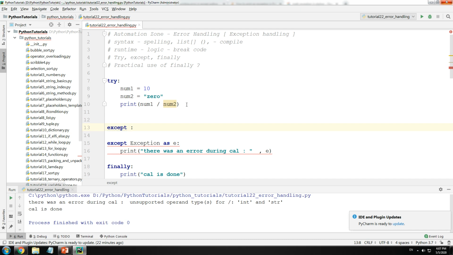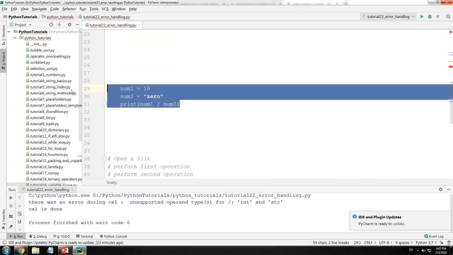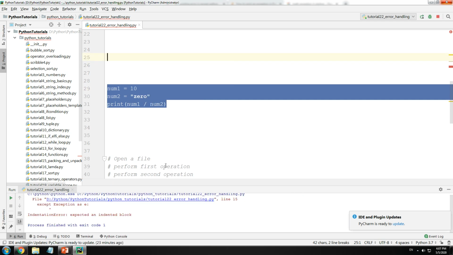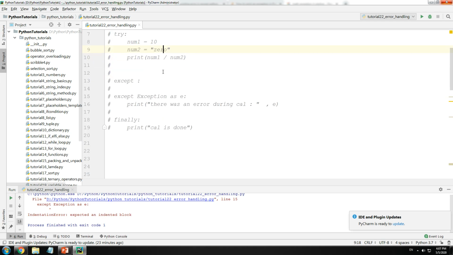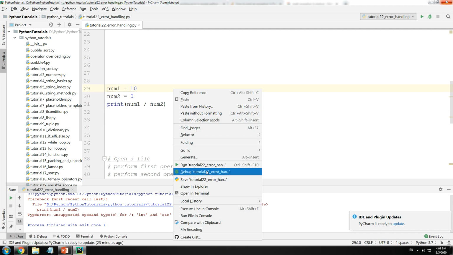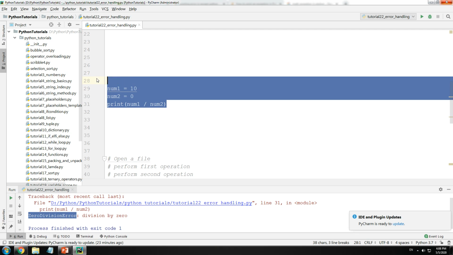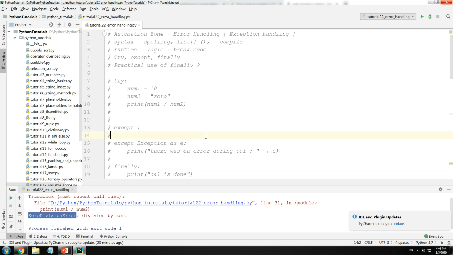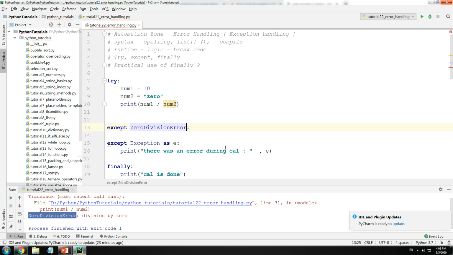In many cases you might not know the error type. What you can do is just go ahead and run your code somewhere below if you do not know the error type. Once you run it, I need to comment this block, commented. Run the part of the code which has an error. You will get divide by 0, right? Once you run it, you should be getting the error right here. Copy the error. If you know the error, the solution is pretty simple. Copy the error and paste the error right after except.